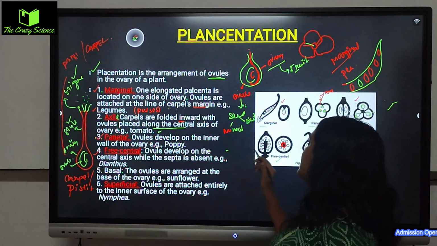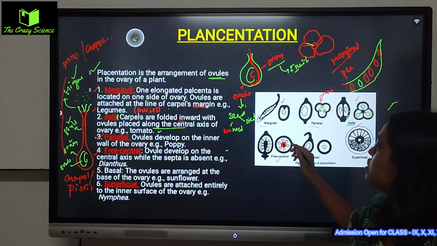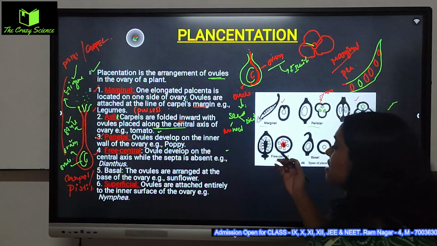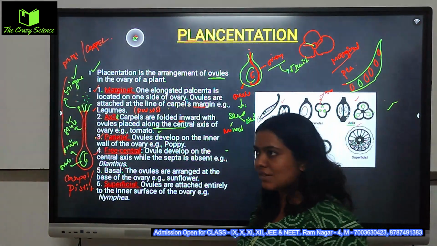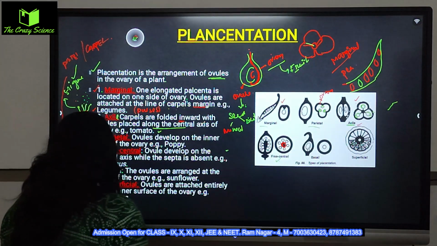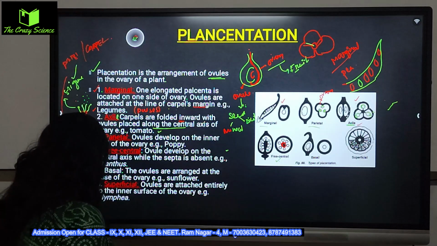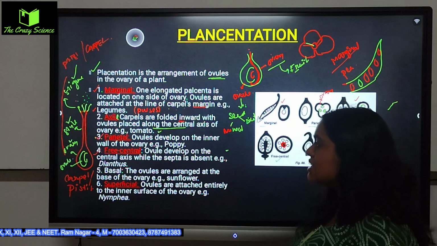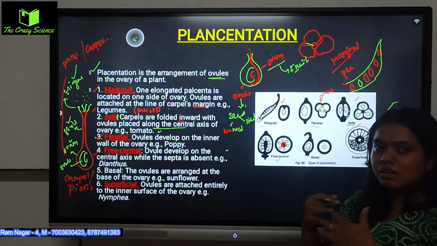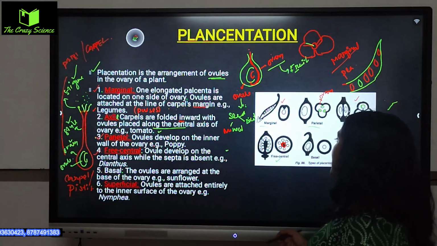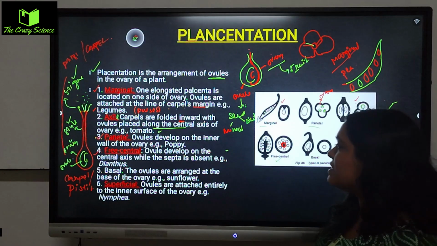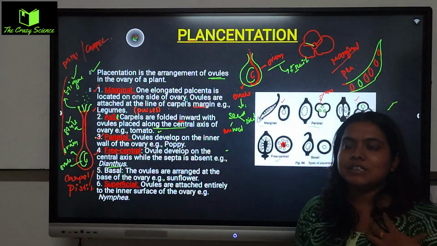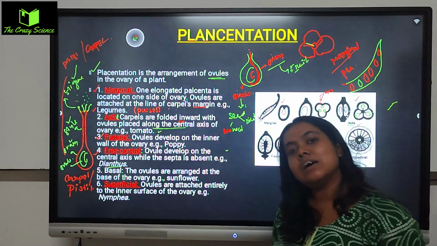এটা কোথায় থাকবে, ফ্রি সেন্ট্রালটা। আমি দেখতে পাচ্ছি ওভিউলস 1 2 3 4 5 6 ওভিউলস আর দেয়ার কানেক্টেড, বাট দে আর কানেক্টেড উইথ দ্য ওভারি। মিনস কানেক্টেড উইথ দ্য ওভারি বলতে এখানে কোনো সেপ্টাই প্রেজেন্ট নেই, ঠিক আছে, নট প্রেজেন্ট। সো দে আর ভেরি ওপেন টাইপ অফ, and this is called the free central. Free central দেখতে পাবে ডায়ান্থাস টাইপ অফ যে ওভারি থাকে বা ফ্লাওয়ার বা ফ্রুটস থাকে।